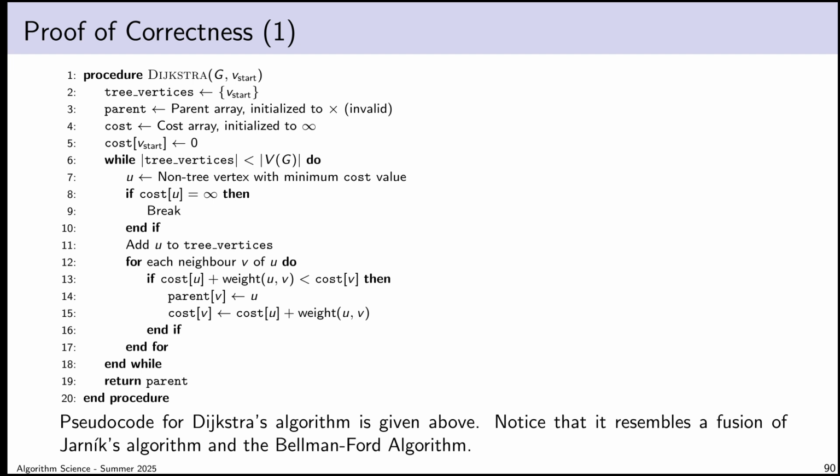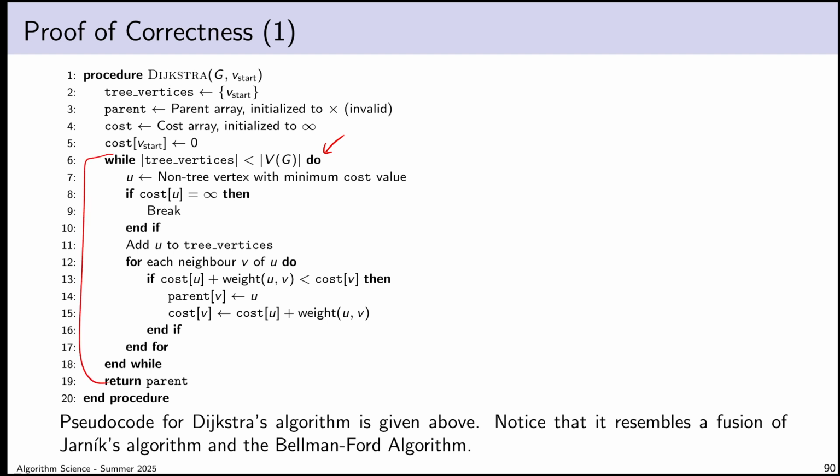So what I do is I'm going to curate a set of tree vertices. Now, like with Jarnik's algorithm in the minimum weight spanning tree lecture, to be honest, this implementation might be a little bit bulky. It is not any slower than any other implementation, given the choices I've made, but I might be storing more data than I need for the sake of convenience. So I keep a set of tree vertices, and then I'm going to use this loop to iterate until the number of tree vertices equals the number of vertices of the graph.